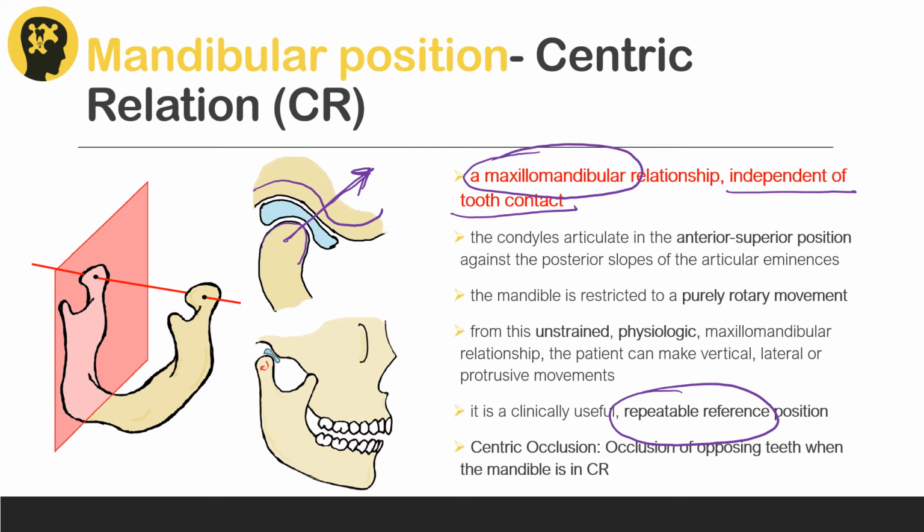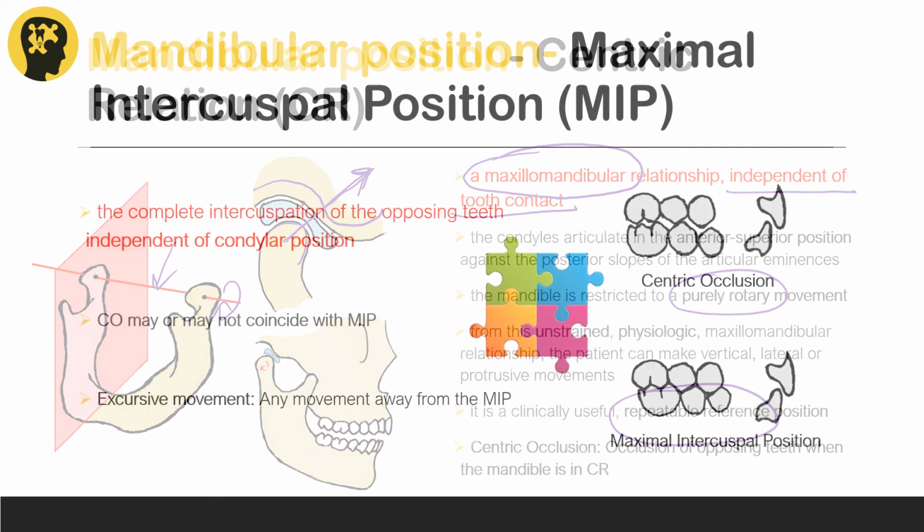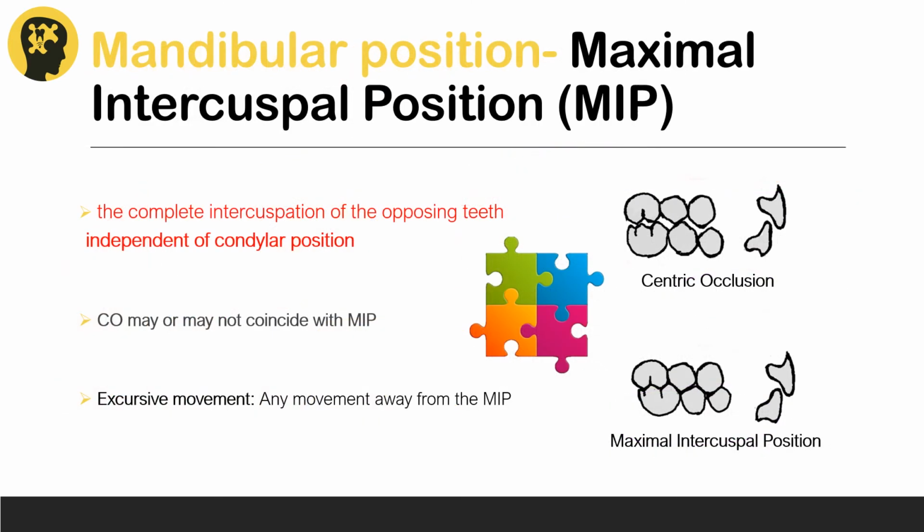So when you guide the patient's mandible into centric relation, the mandible can make a hinging movement. So what is a hinging movement? We saw that this is the transverse axis, and hinging movement is when a body rotates about a single plane. So in the centric relation position, the mandible can make a hinging movement or a pure rotation movement about this transverse hinge axis. We saw that the centric relation position is entirely a joint determined position. So it would be the same for a patient regardless of whether the patient has or does not have teeth.